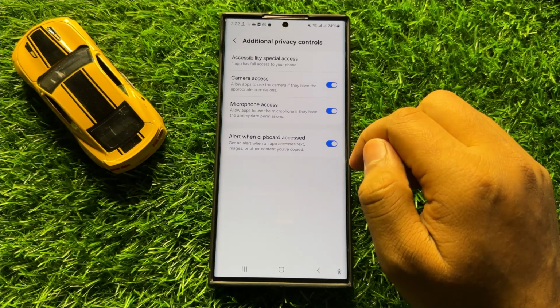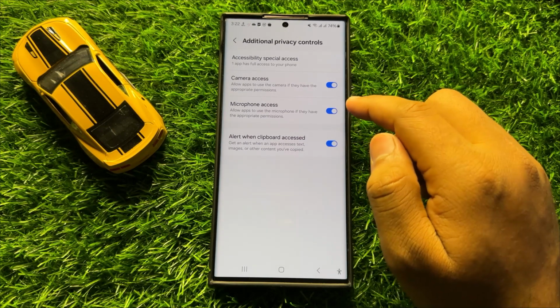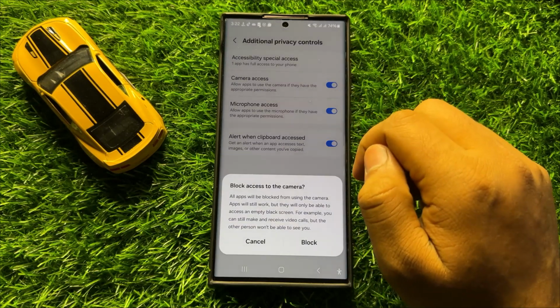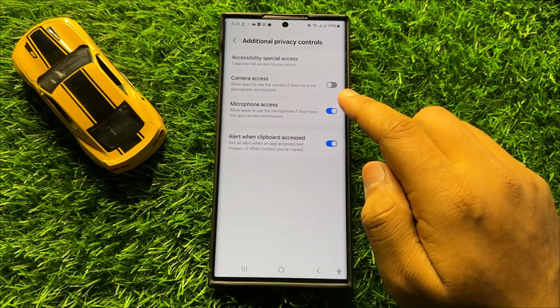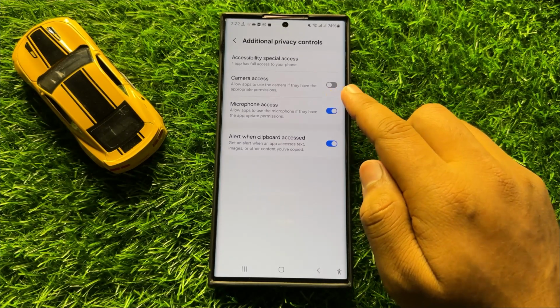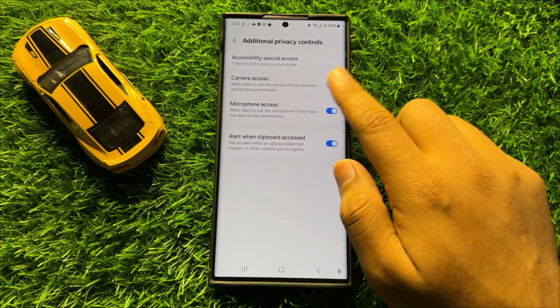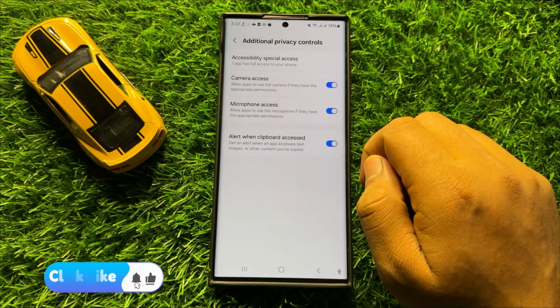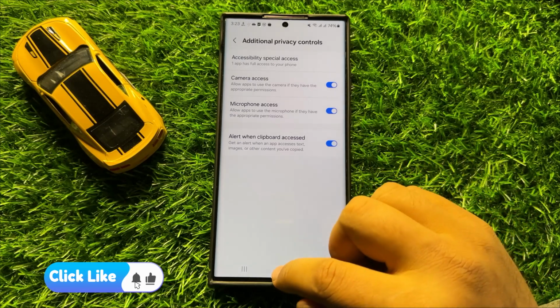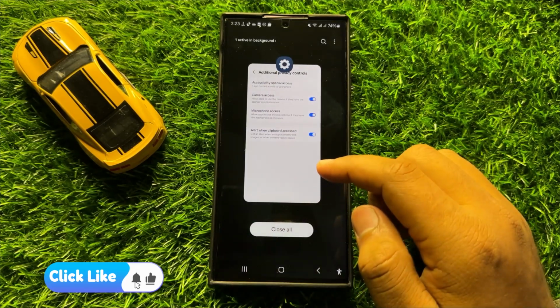If you want to turn off the camera access, then turn off this button and then click on block. And if you want to turn on the camera access, then tap on this button again to turn it back on. So with this button you can turn on or turn off camera access in Samsung Galaxy S24